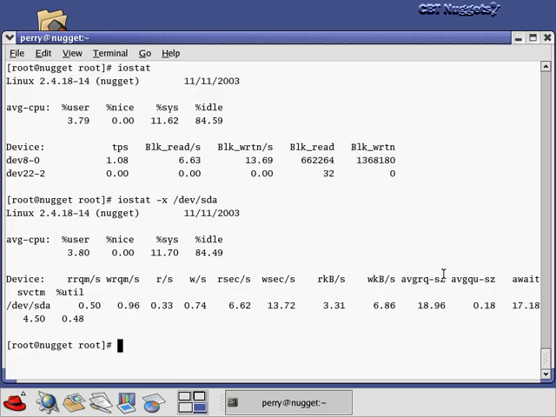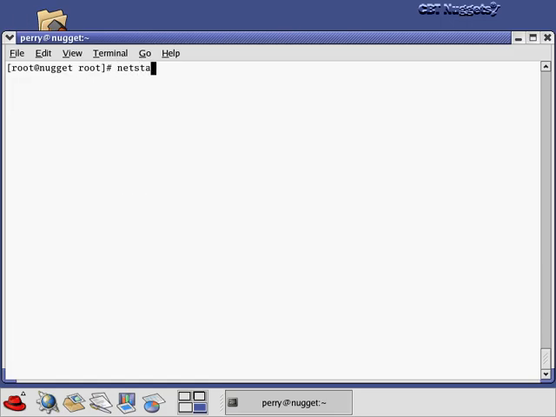But like I said, it's very detailed, and I don't want to get into all of that right now. But iostat is a command where you can learn about that. Go check out the man page to learn what all the various output fields are in this command. All right, well now let's look at the netstat command, which has to do with network statistics,